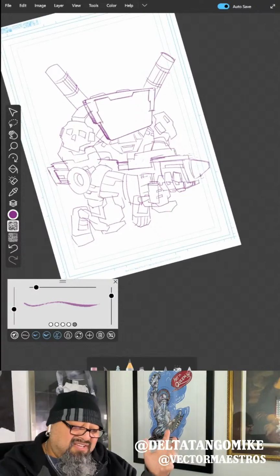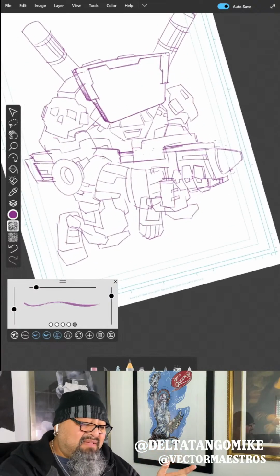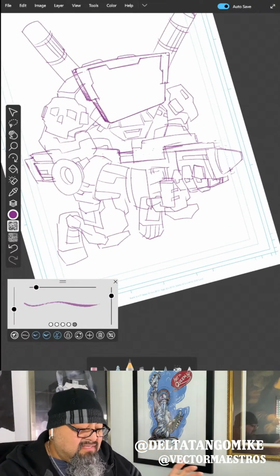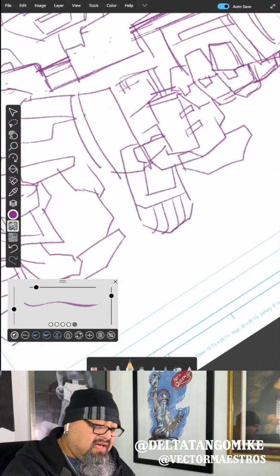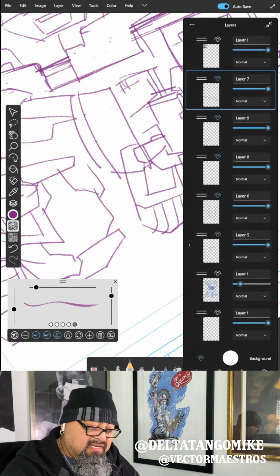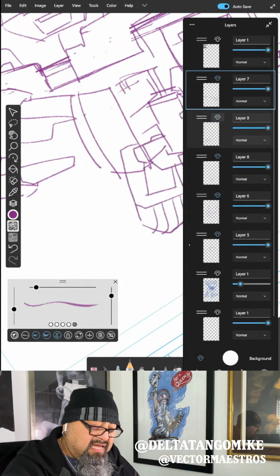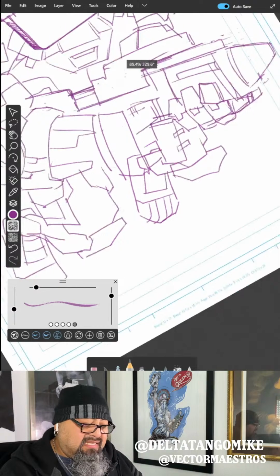Boom. Got some fingers. Oh, I drew the fingers in the same place as the gun. It's okay. It's all right. I think I like this. I think I'm okay with this. So now I'm just going to go ahead and let's see. Where is the arm? That's the leg. Let me see. Fix that leg. Is that leg too high?